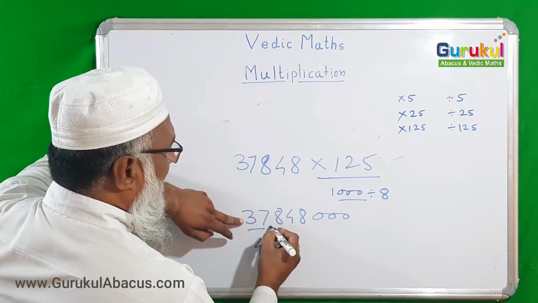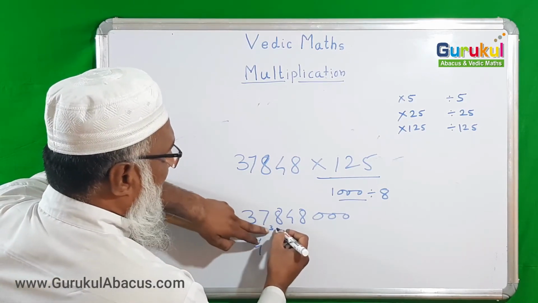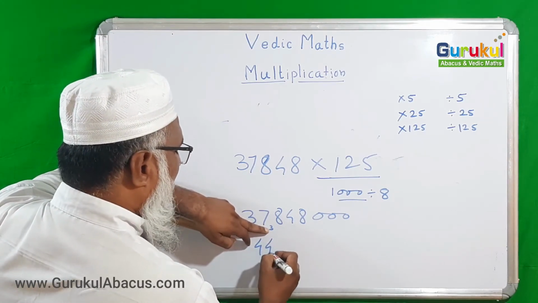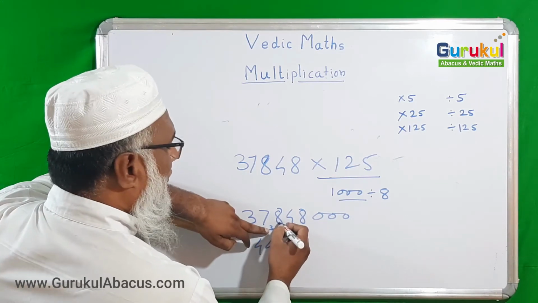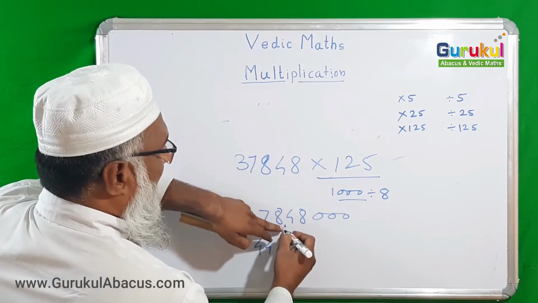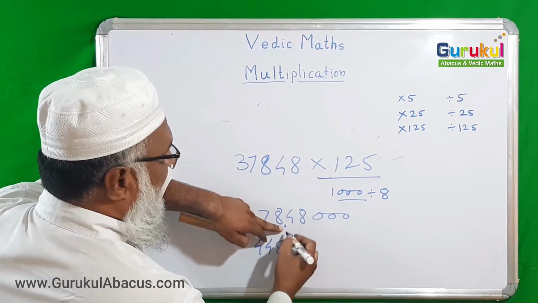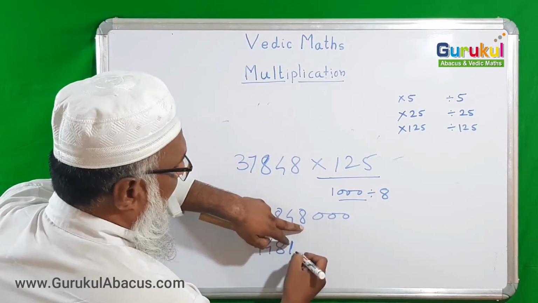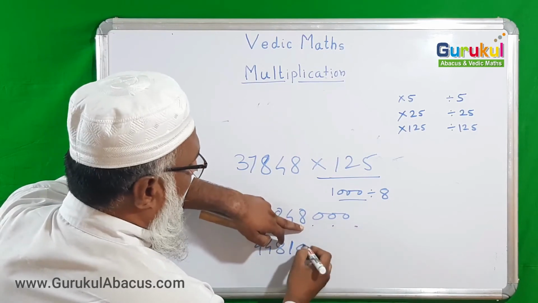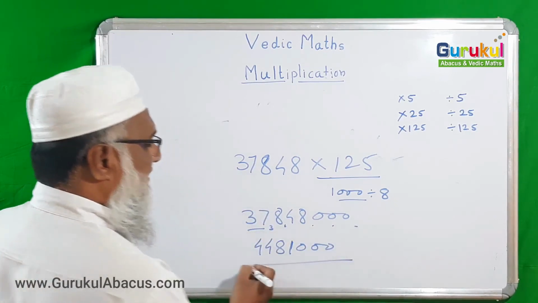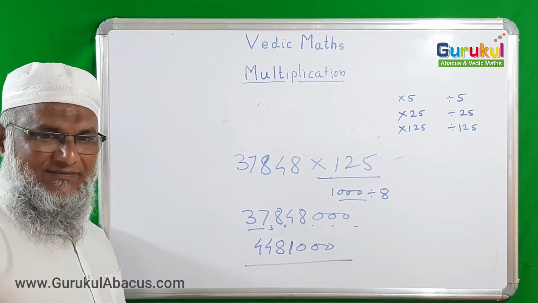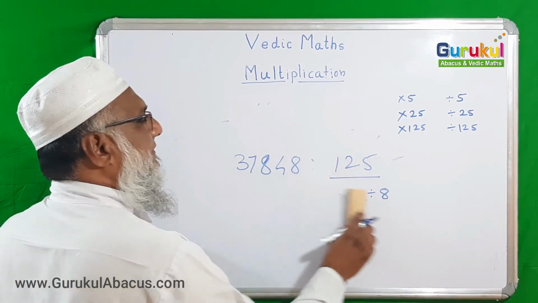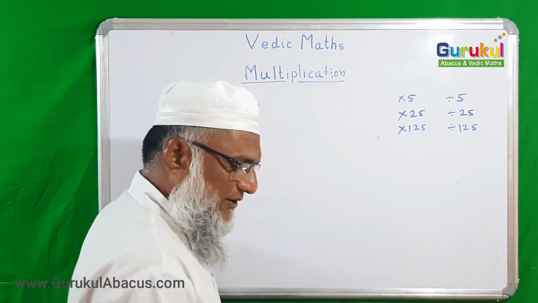That's it. I multiplied it by 1000 and now dividing by 8. 8 4s are 32, remained 3. Now 38 is there. 8 4s are 32, 6 remain. Now 8 8s are 64, nothing remains. 8 1s are 8 and now here are 0 0 0, I am putting just 0 0 0 on it. This is my answer. Yeah, very simple example.